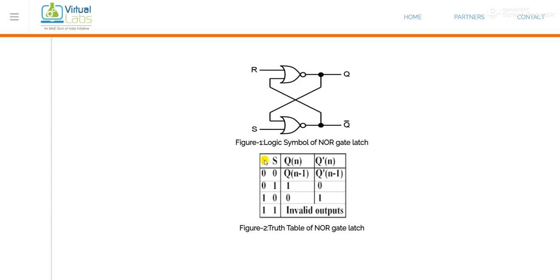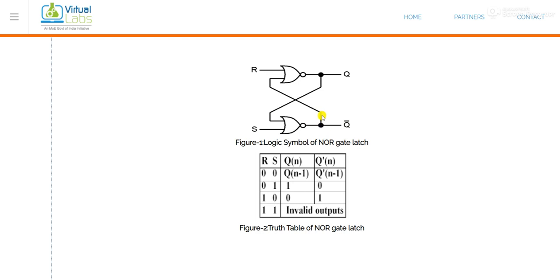Okay. So consider the first condition. First condition is R equal to 0, S equal to 0. So this is 1. So 1 NOR 0. So for the OR gate the output will be 1, since 1 OR 0 is 1, and then the complement equal to 0. So Q bar is 0. Okay, so it is verified that for 1 and 0 the output will be 0.